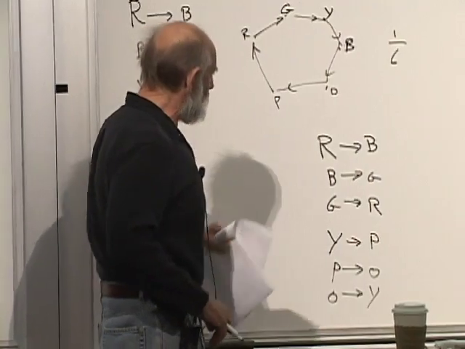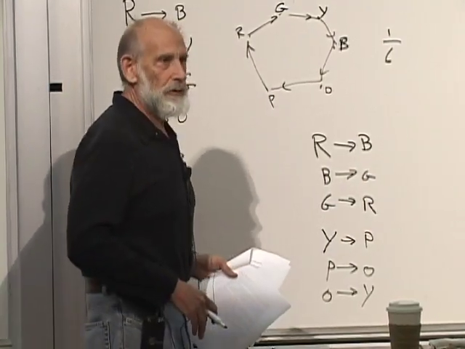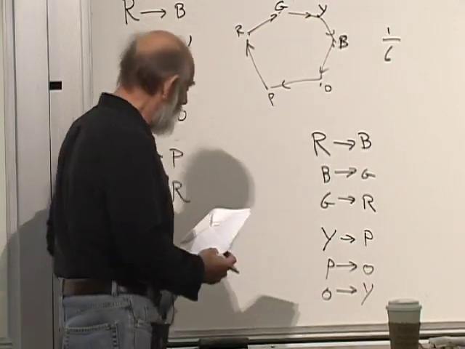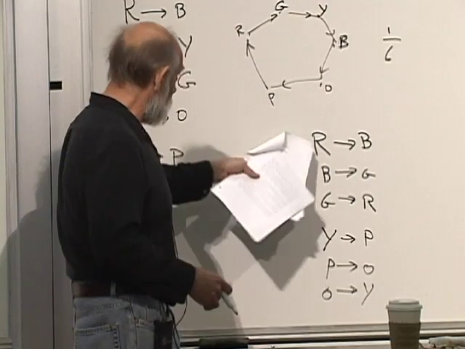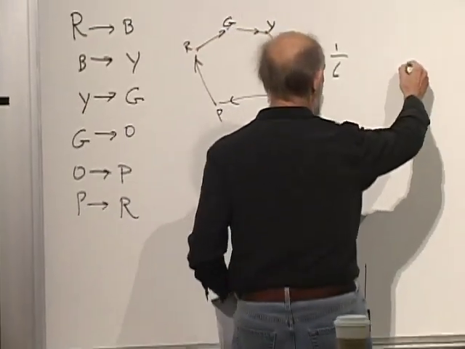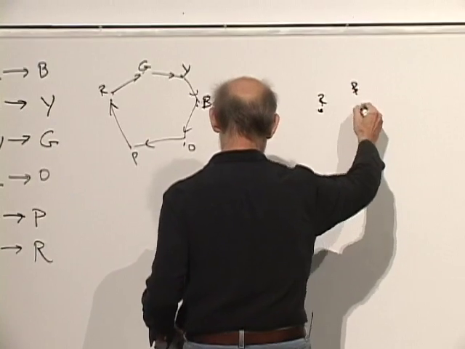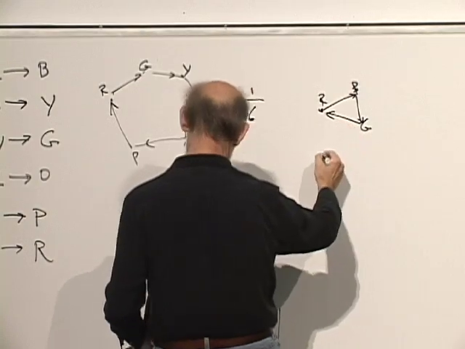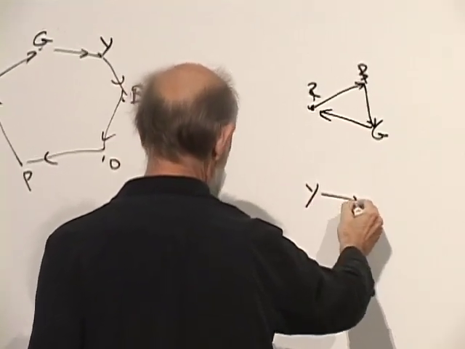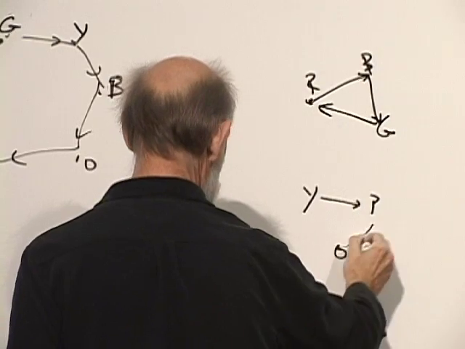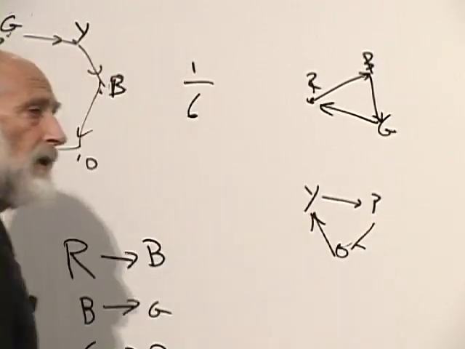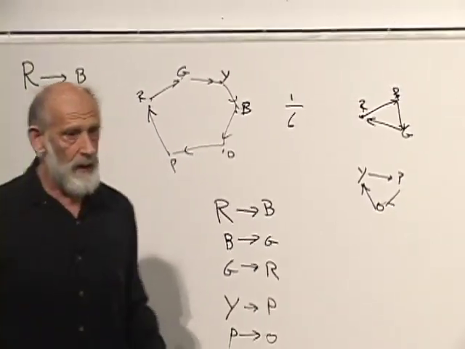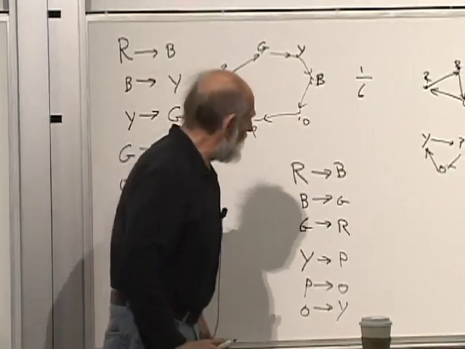Well, maybe the easiest way, it has 2 orbits. This has 1 orbit, this has 2 orbits, or 2 cycles. You might say cycles. In fact, if you graphed it, you might have red, blue, green, back to red, and yellow to purple, to orange, back to yellow. 2 distinct cycles.